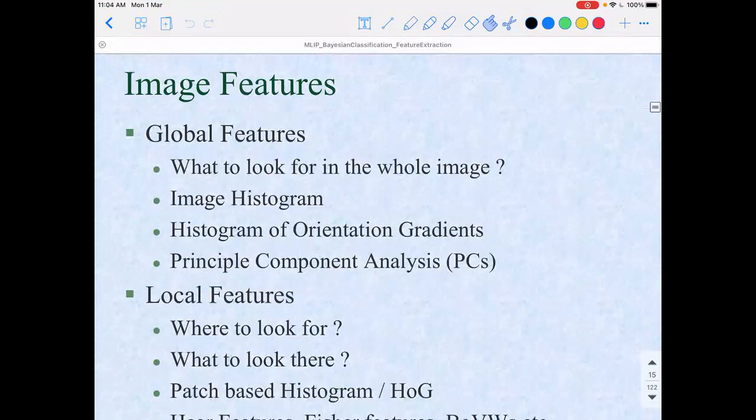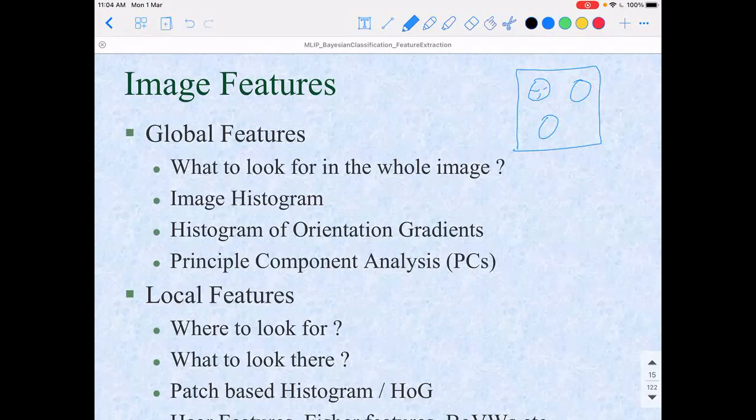Say based on the faces in the given images, I want to recognize who the person is. Assume that there is an image here, and there are some faces here. There is one face, face 2, face 3, and so on. I just want to recognize who is this. So what kind of features do you suggest I extract, and where should I look for features? These are the two key questions to be asked. Any thoughts on it?